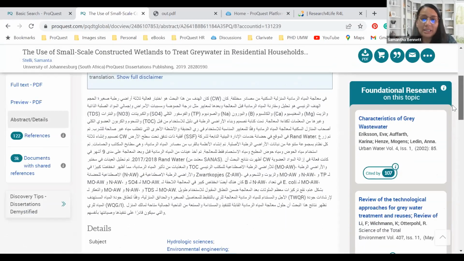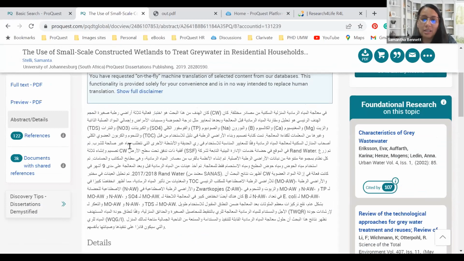Now I can read the abstract in a language that I'm familiar with, that I understand, and then I can decide whether I would actually like to download the full text of the dissertation and thesis itself. You can do it the same way if you are French speaking, Portuguese, whichever other languages are available on the drop-down list. You can do that directly from here as well.